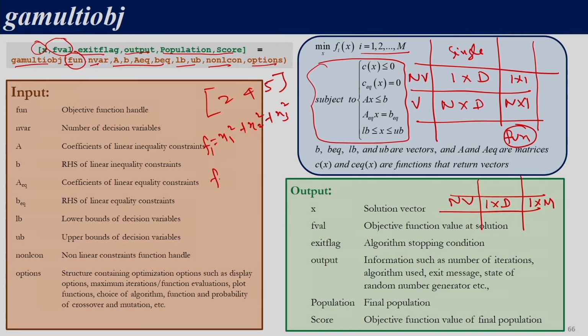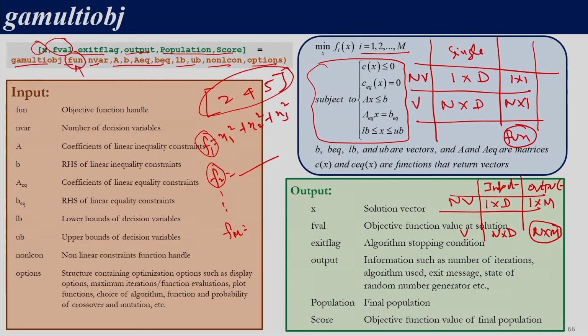Let us say this is F1 and let us say we have F2, which is something else. So, for this 2, 4, 5 we need to calculate the value of F1 as well as the value of F2, right. Similarly, if there are m objective functions, there would be m such scalar values for this one solution. So, this is input to the objective function and this is output from the objective function. If we have a vectorized code, what we would be sending is n cross D, and what we will be getting back from the objective function is n cross M. For each solution we will have m objectives. So, for n solutions we will have a matrix n cross M which is being returned by the objective function file.